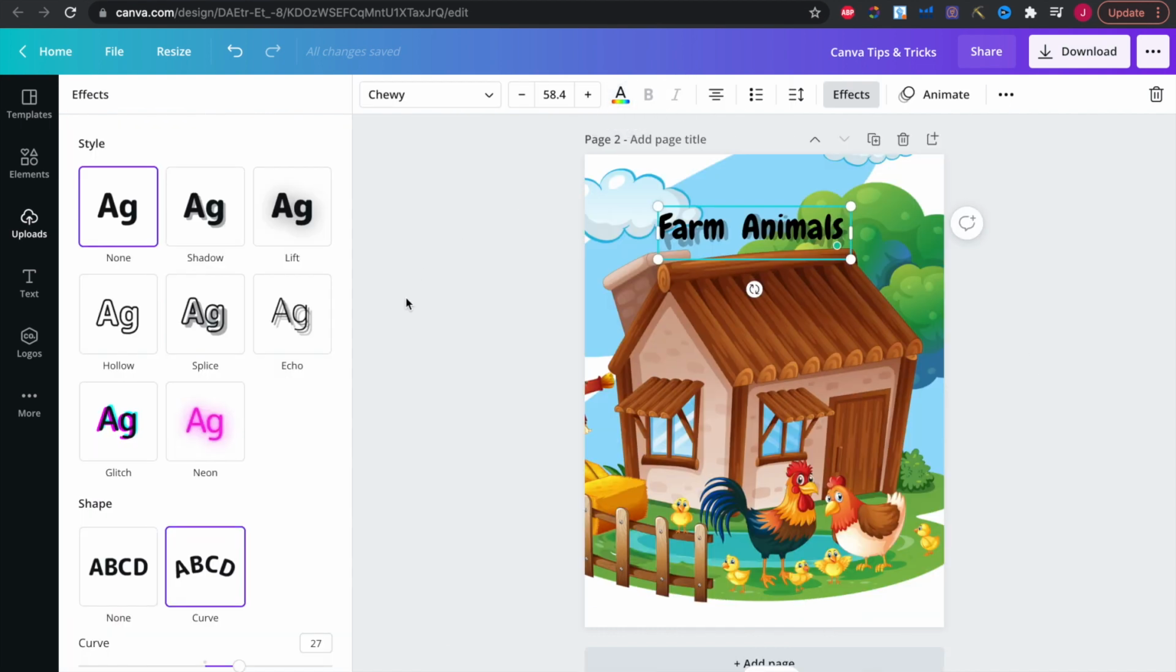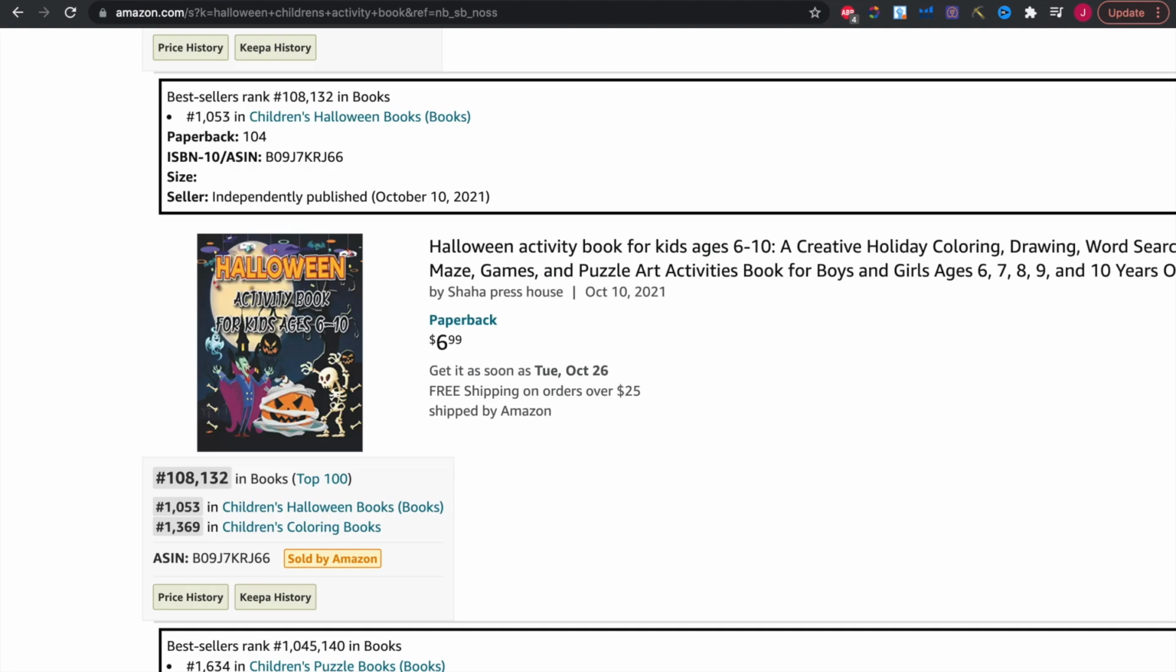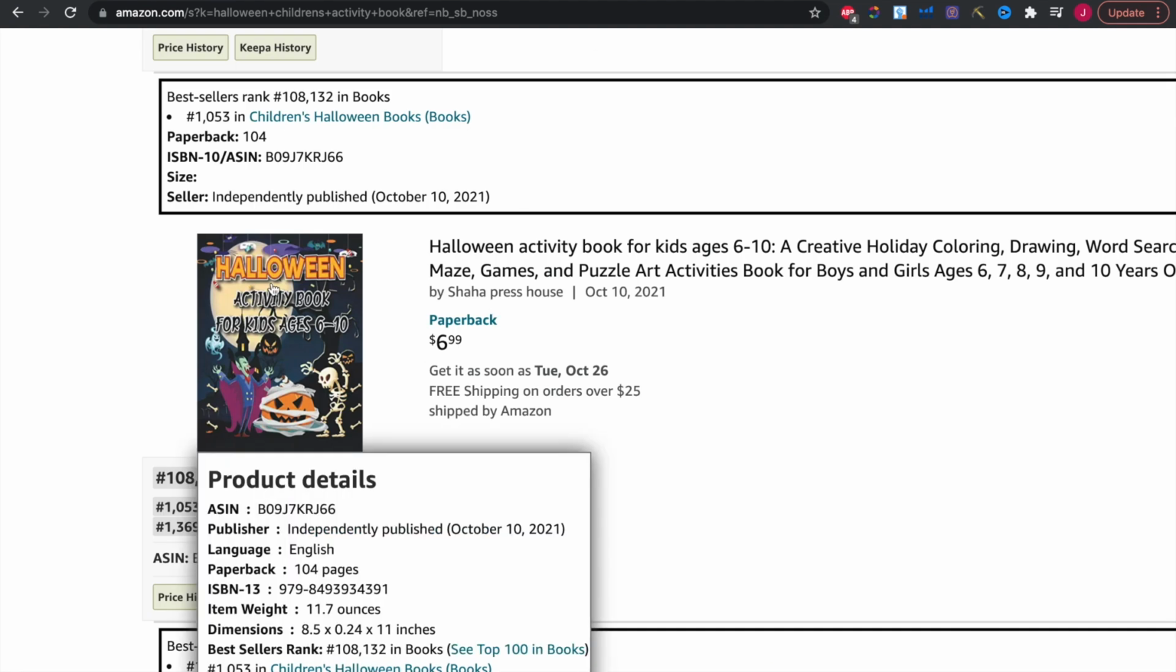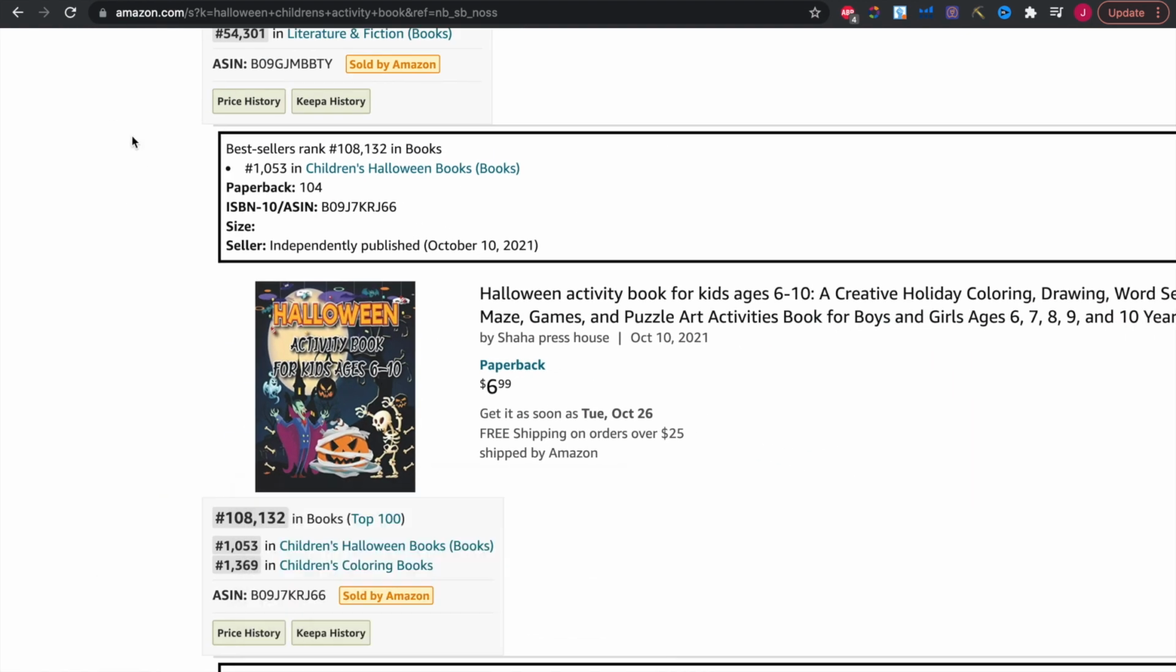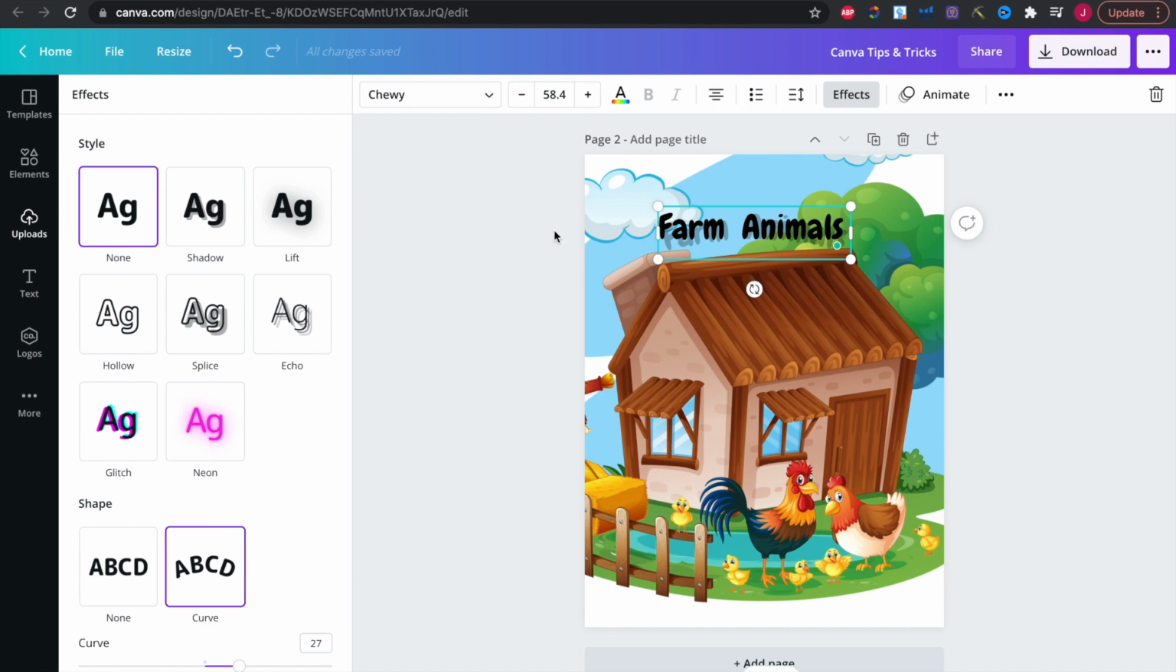And then from here, another thing I like to do is if you go to a lot of kids' books, you can see that white outline around the word Halloween, an activity book for kids ages 6 to 10. So this outline is something I do frequently for my books as well. And to do this, you just need to go to effects again,